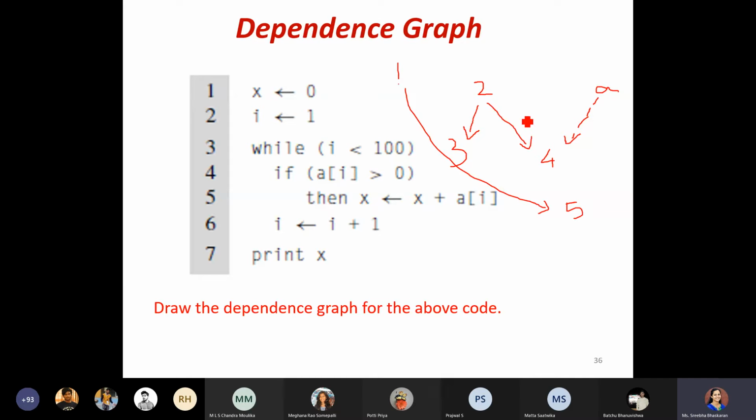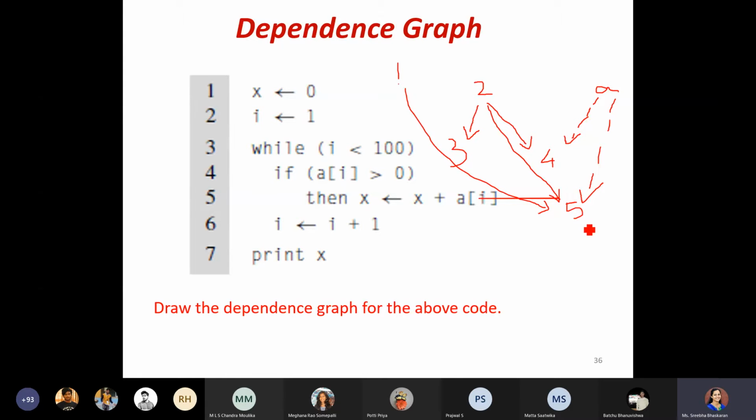Then I need the value of I from the second node, and the value of array A, which is from memory, so I draw a dotted line like this.